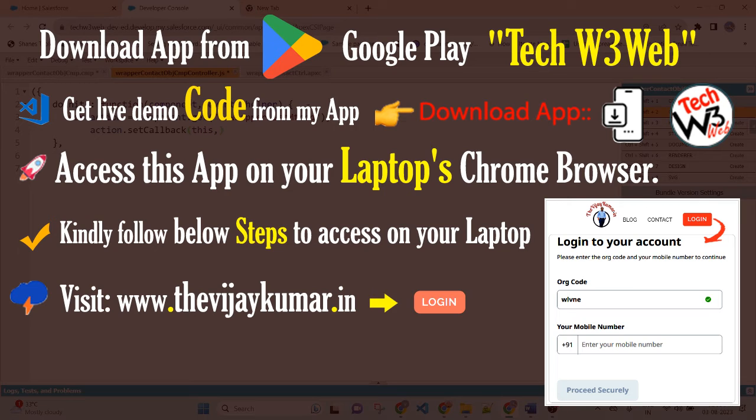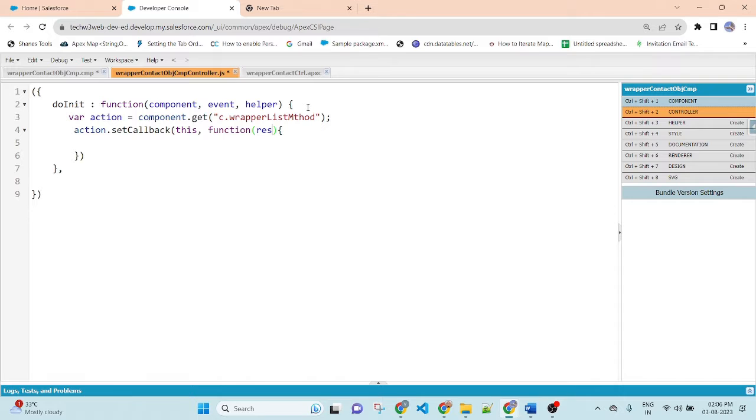Inside the callback function I will use the function, and here I will pass the response variable.